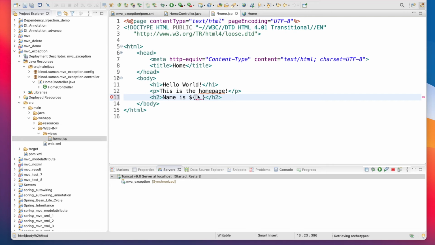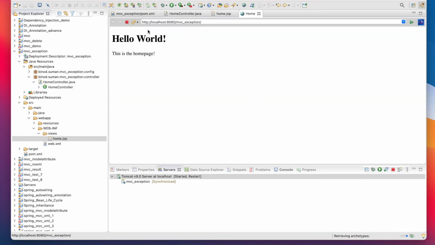So just put the name here, that's it. Now you run it again and see if it is working or not. So go to the home here and again refresh it, it is showing the name here, right?